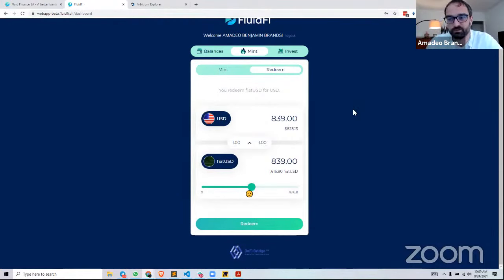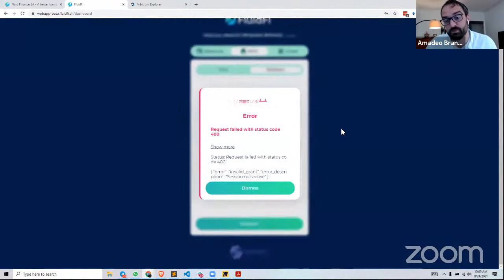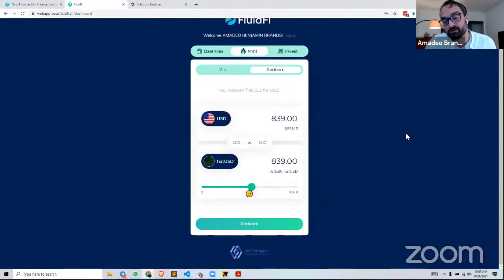Also, something really cool to note there is that the data of which Ethereum account is connected to which personal data is only held by FluidFi. And as you know, privacy laws, etc. in Switzerland are very strict. So this data is very secure. So basically, the data will never be hashed on chain or something like that. So you don't have to worry about that. All right, so let's do this.